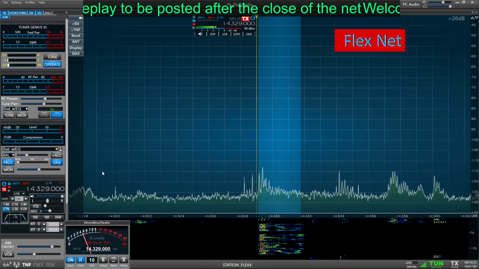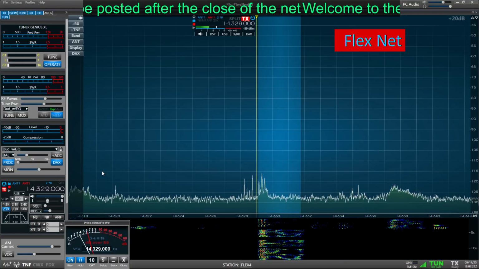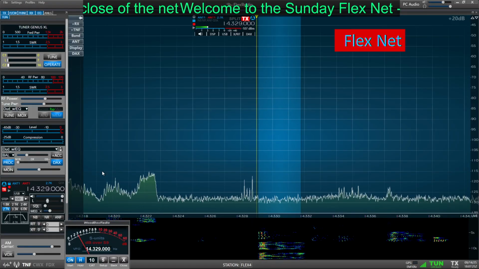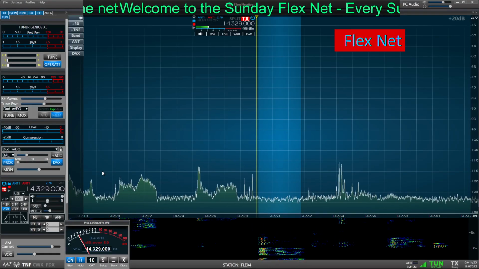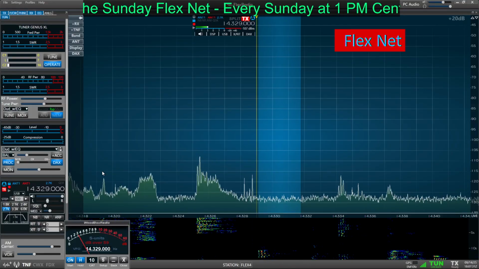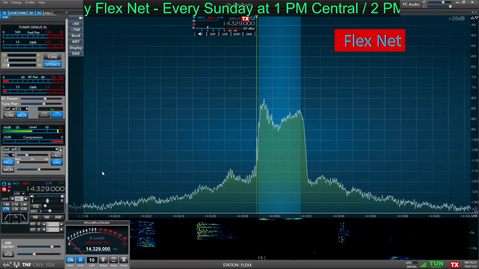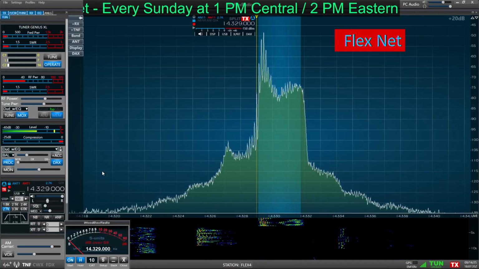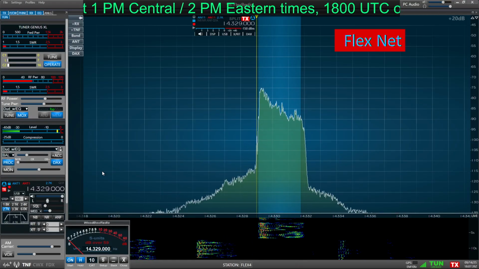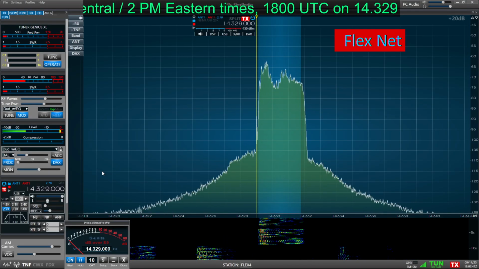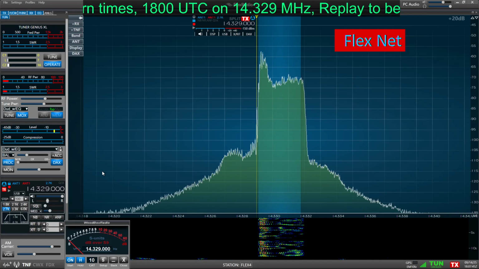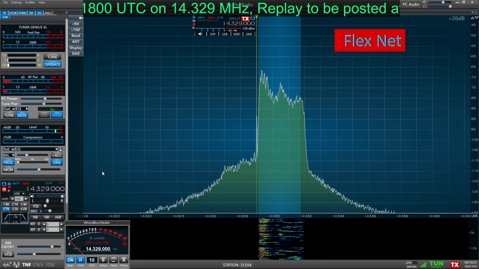Kilo Quebec 4, Sierra Zulu Lima. Okay, I got KQ4 Sierra Zulu Lima. I better put a mark in that Z there. All right, Sierra Zulu Lima. Got you. And might have been one other. We'll take a close listen.